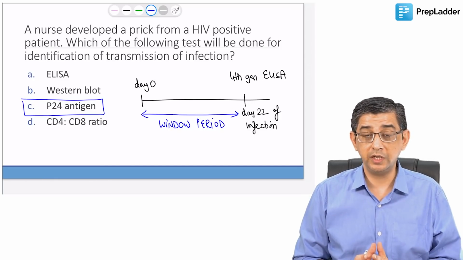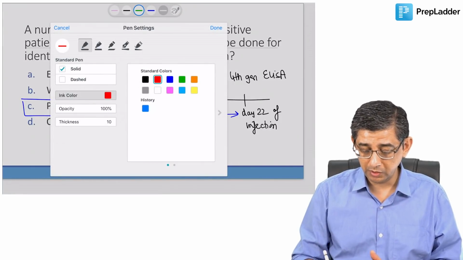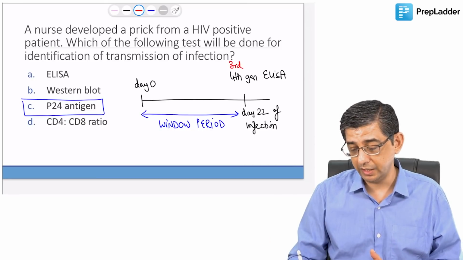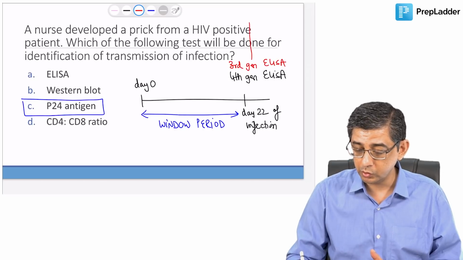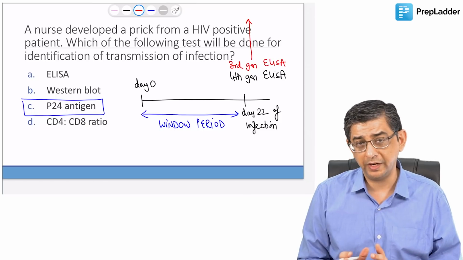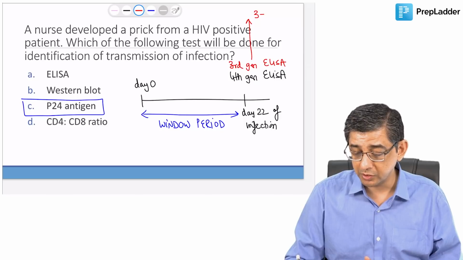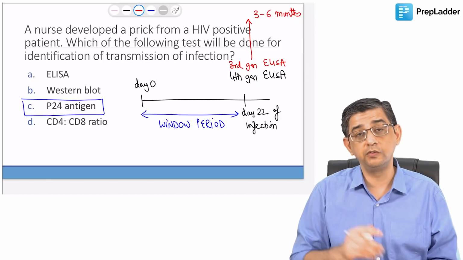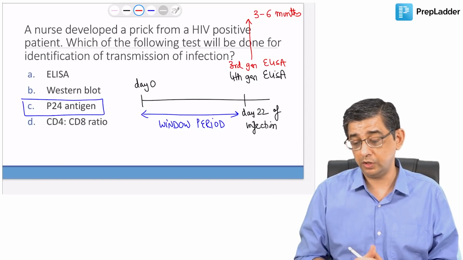The 3rd generation ELISA will take 3 to 6 months. I repeat the statement once again. The 4th generation ELISA can pick up the infection as early as the 22nd day of infection. The older ELISA, which is used a lot in Indian laboratories, has a lesser sensitivity, something in the range of 98 to 99%. The 3rd generation ELISA usually turns positive after 3 to 6, sometimes even months, not even weeks. So imagine the trauma in the mind of this nurse, in the mind of this doctor, that you're going to say